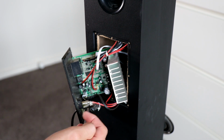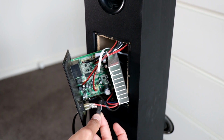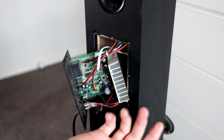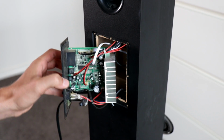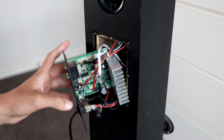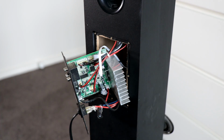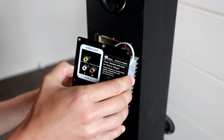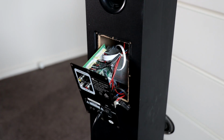But again, here we have, that probably is the relay, I'd say, the fuse just there. Yeah, really nothing to it at all. As we can see, that goes through. I can see that there are the separate chambers there for the woofers on the front. Port up the top here, and I'm assuming, if I have a look down there, surely enough, we have a